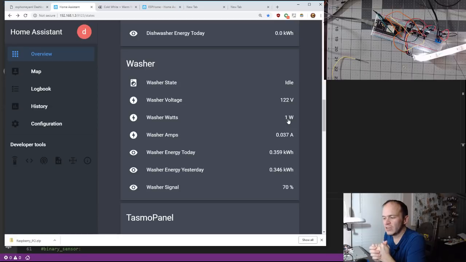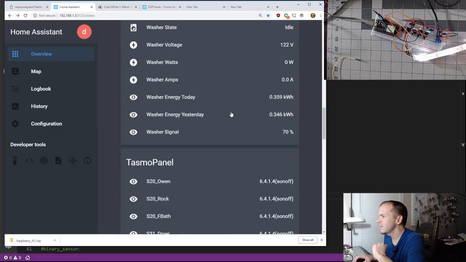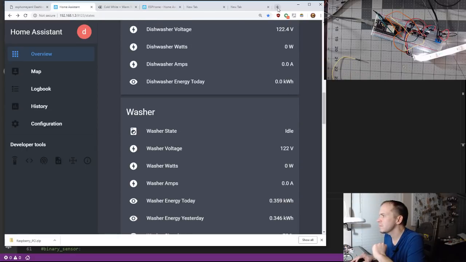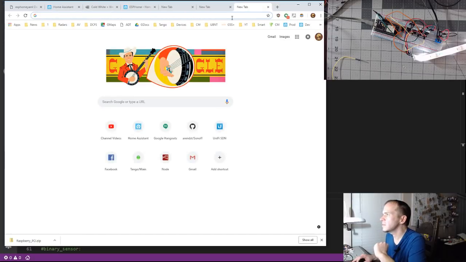Did you check the washer with the kilowatt meter? I don't know the amperage on the kilowatt, so I don't know if I would turn it on through the kilowatt, but I would just check the idle. You still seeing the 10 watts with it idle? Let's see.